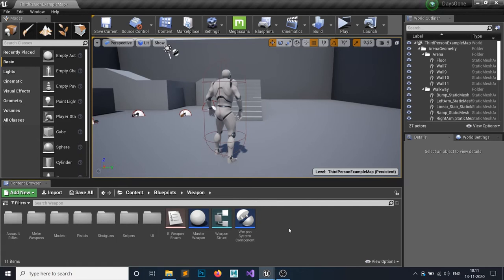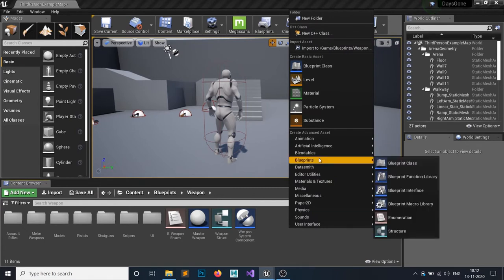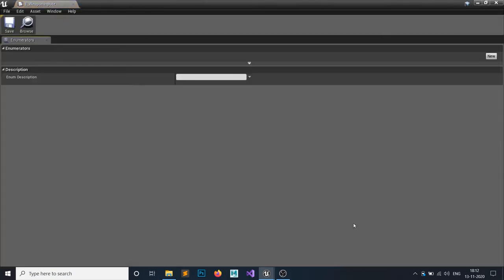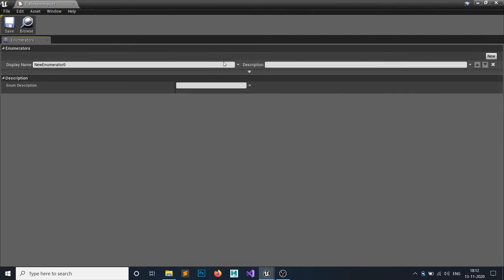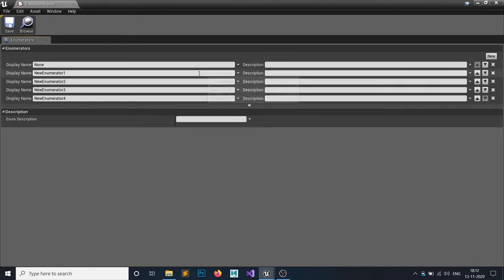Okay, now what? We need some enumerations. So let's make one enumeration, and this would be E underscore weapon input. So let's define some inputs. First just add a none so that it won't set everything else by default. Then first is, if I press 2, then the primary weapon should be equipped.